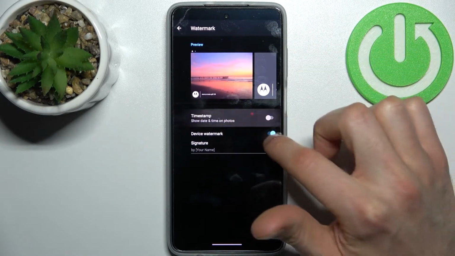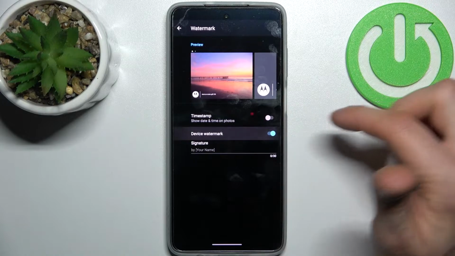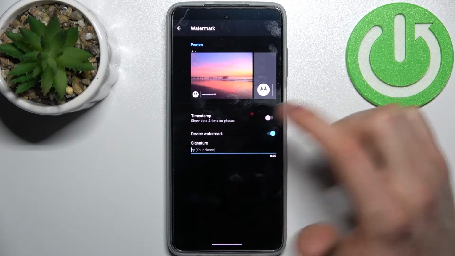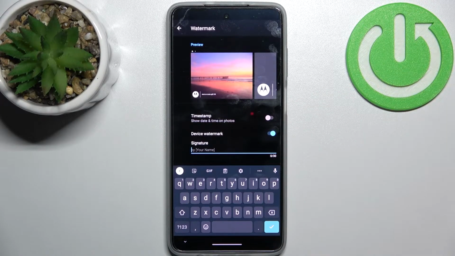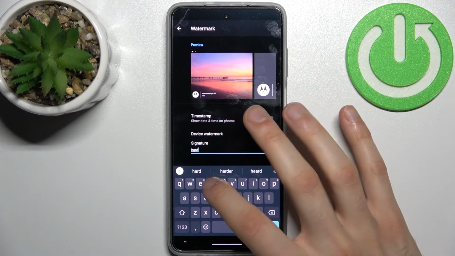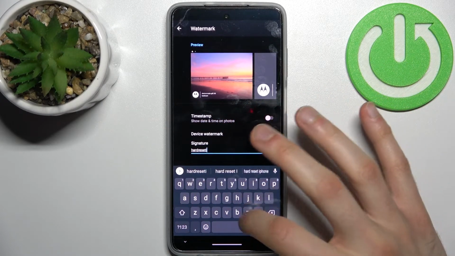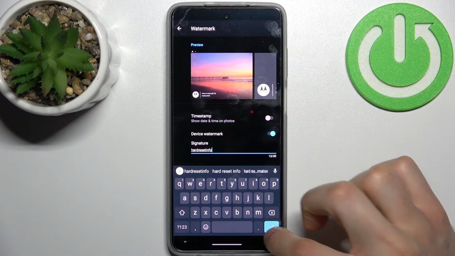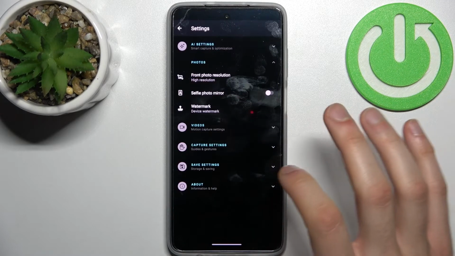In the watermark you have to enable device watermark, and now you have signature where you can enter your custom text, like your name, your surname, I don't know, maybe name of your favorite photographer, no idea, your tag, maybe some quote. I'm just gonna enter HardReset.Info, and I think this is the great